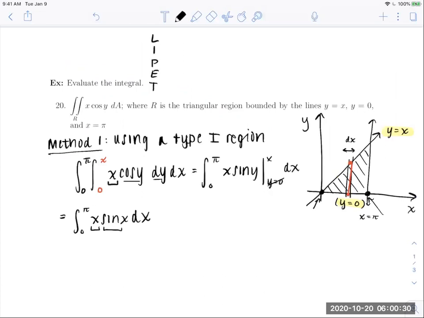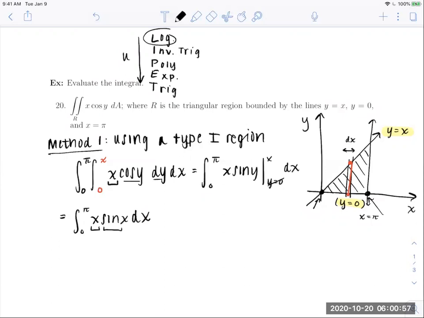And those letters stand for logarithms, inverse trig functions, polynomials, exponentials, and trig functions. And those are listed in decreasing order of what you want to choose for u. So for example, if you ever have a logarithm in your product, that's going to be your first choice for